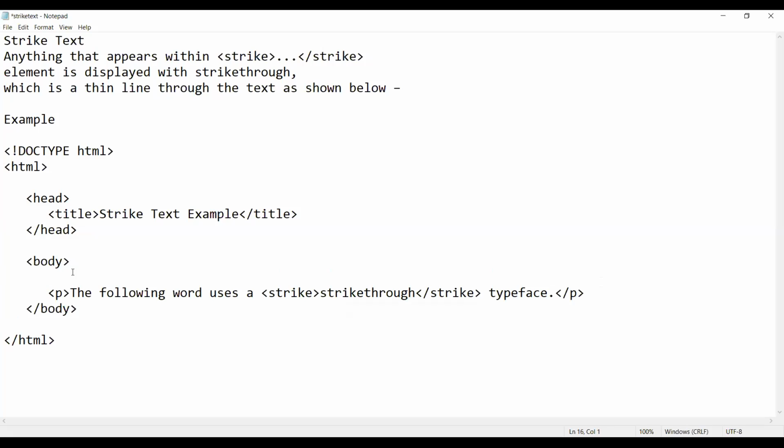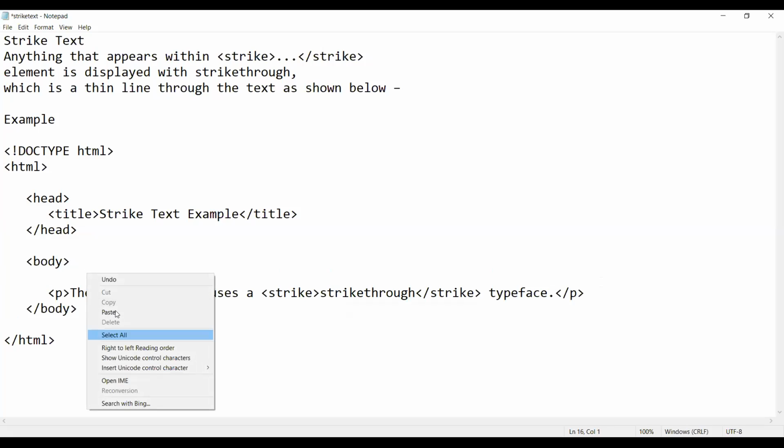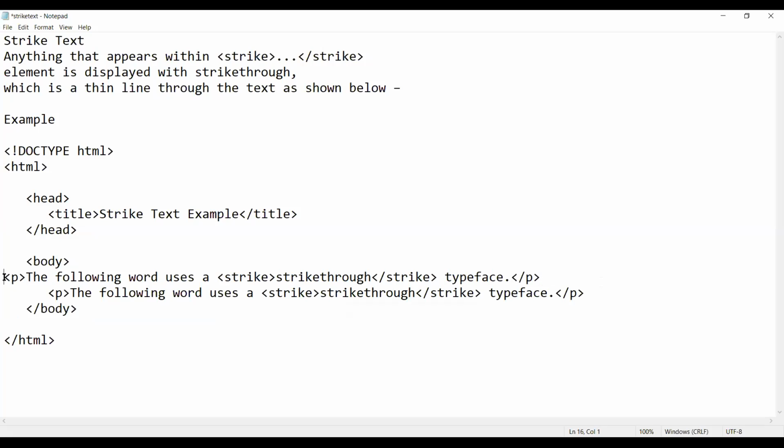How the bold text appears. This is the P, for paragraph.